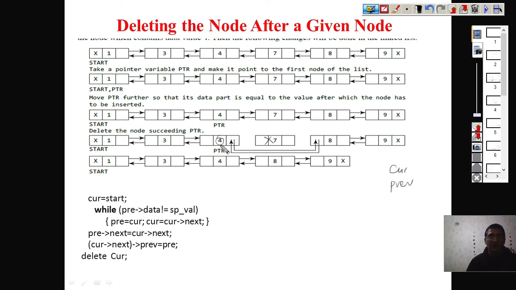Now to get my work done, I want to track the node which I want to delete. So this is the node which is to be deleted. What I will do is reach this node. We already have a logic that we can track our node and the previous node by the logic of current and previous. We keep on moving.